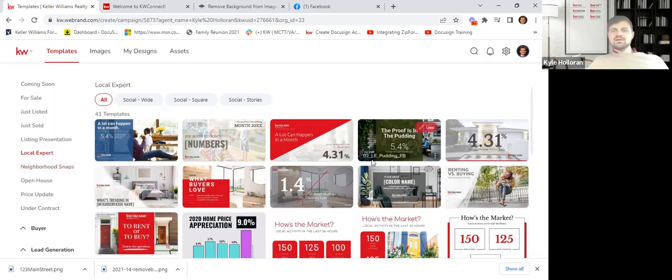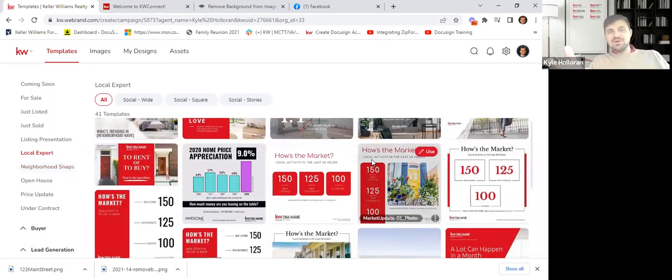How's the market? Now, again, you guys got to go do some digging. This is where you have to be a business person. They're giving you the template. You got to go figure out the numbers, right? Through your MLS, through going to team meeting, right? Those things are usually being talked about, and you can enter those things into here.